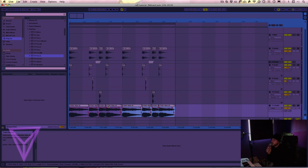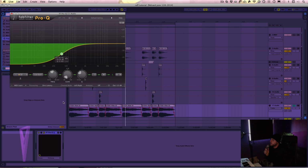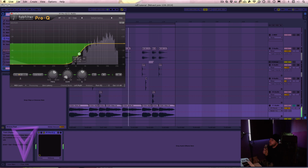Alright, so I've just laid that in there quickly. I just tidy up the back end of these rides because you don't want weird clips and stuff. I just want that sheen, that top end. So that's what I want to be using. Let's do it properly. Let's get the analyzer on so we know what we're taking out. We already knew what we were taking out. Come on. So...